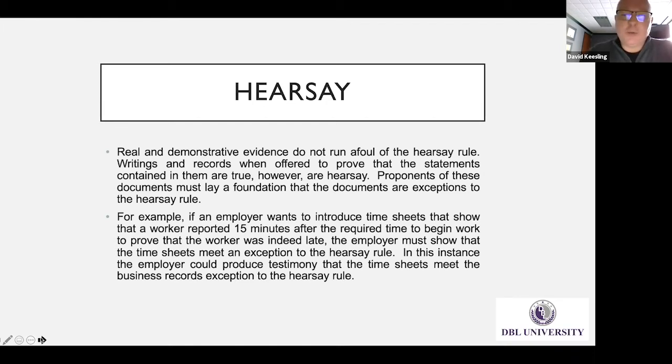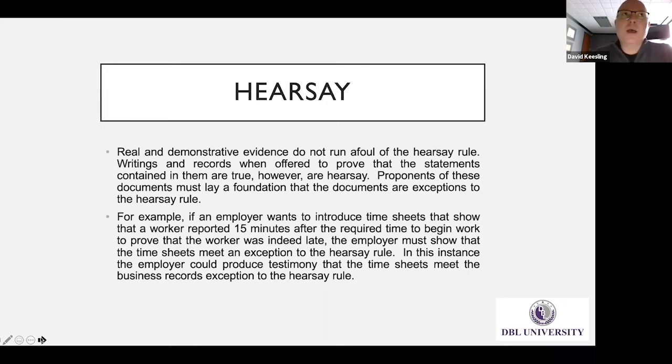In this instance, the employer could say, we're going to produce these under the business records exception. So 803 sub 6, business record exception. That's an exception listed specifically by federal statute, and almost every state has a state analog to that federal rule that says if you can establish that you had a custodian of the records, this was regularly maintained as part of the company's record, this is a sample or example taken therefrom, then that's going to be sufficient to give the court